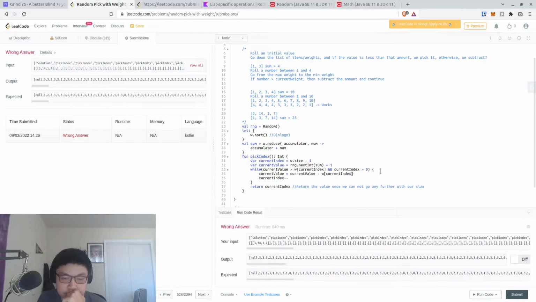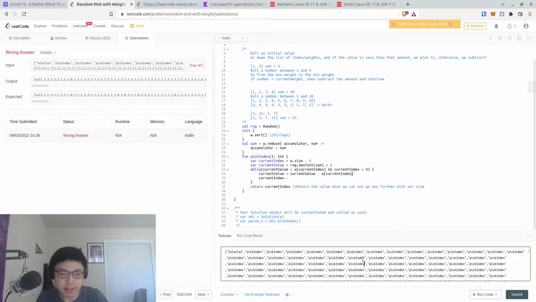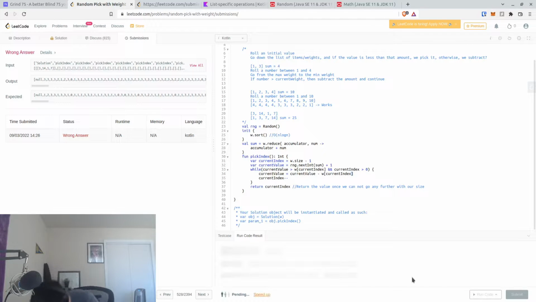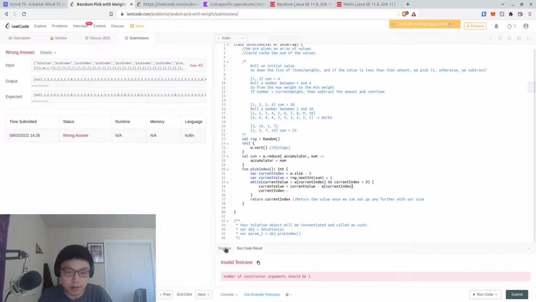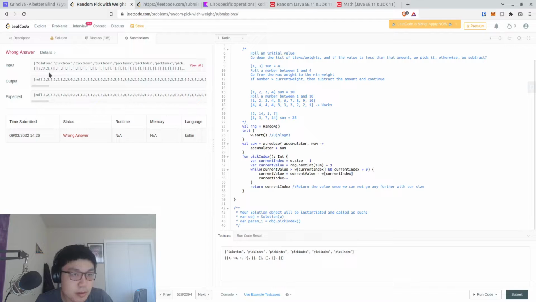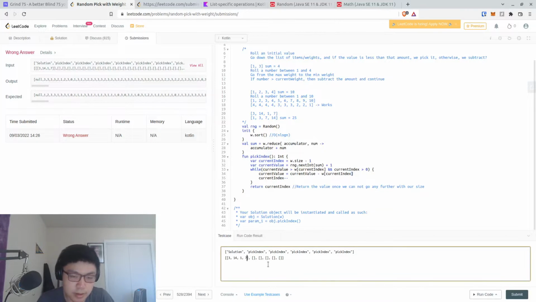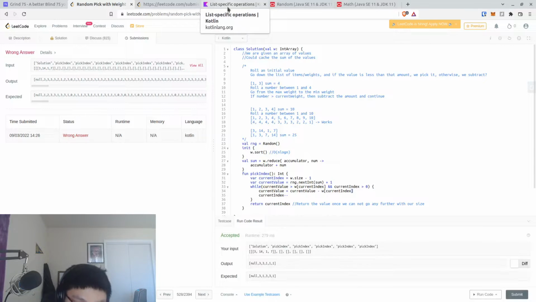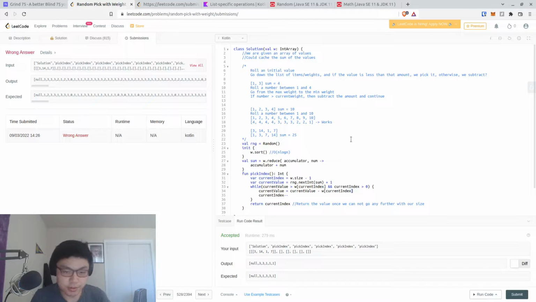The current value. Let's do a smaller version of this. So solution, then pick index, 3, 4, 5, and then 3, 14, 1, and 7 was the original. 2, 3, 5. Number of constructor arguments should be 1. Oh, this needs to be wrapped in another set of brackets. Interesting. Okay. It's working for that,